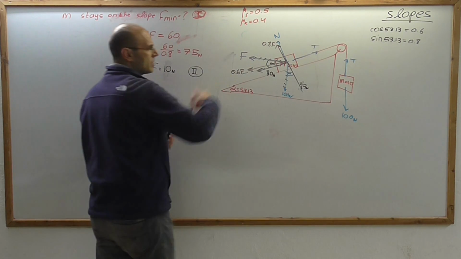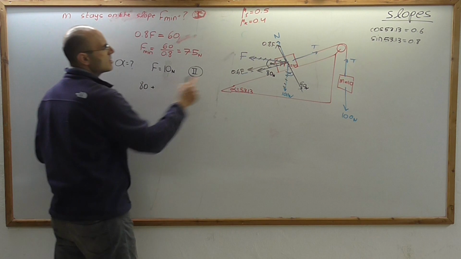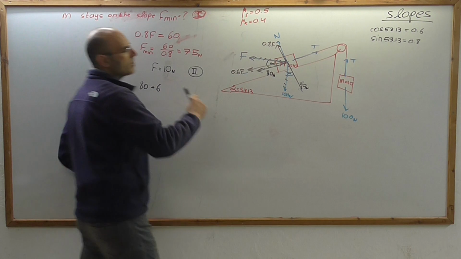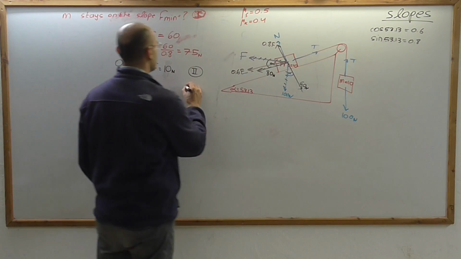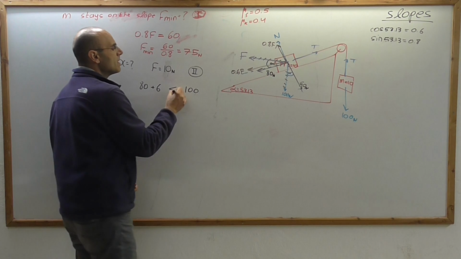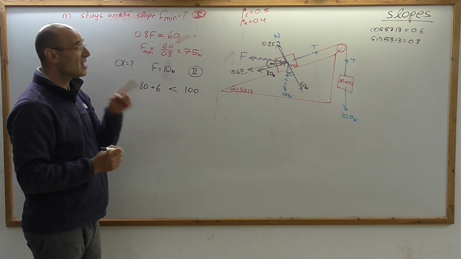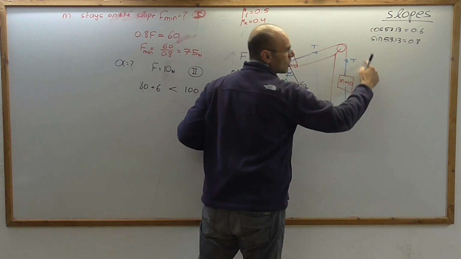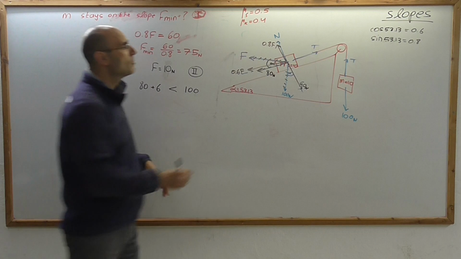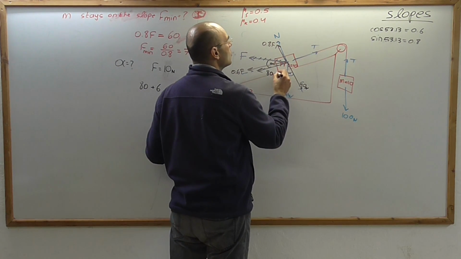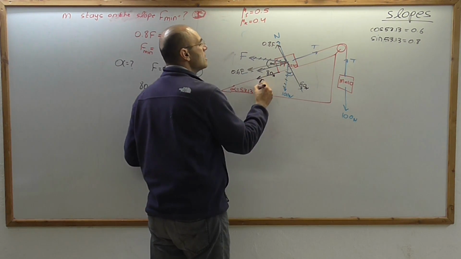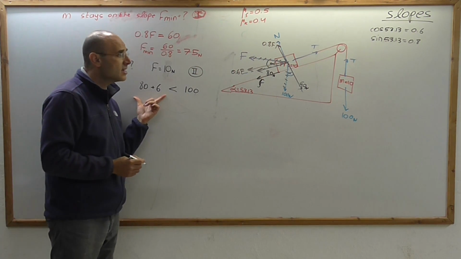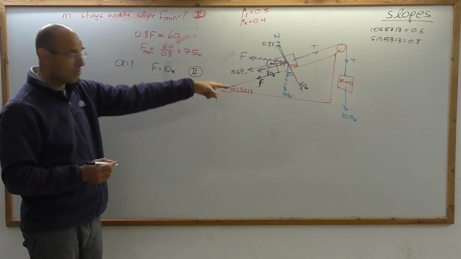All the forces in this direction are 80 plus 0.6 plus 10. 0.6 plus 10 is 6. All the forces in this direction is 100. So obviously 100 is bigger. So if 100 is bigger, it means the tendency to move will be that way. And if the tendency to move will be that way, I'm applying one more force, the friction force, this way. Now I need to know if the 100 can overcome not only the 86, but also the biggest friction there